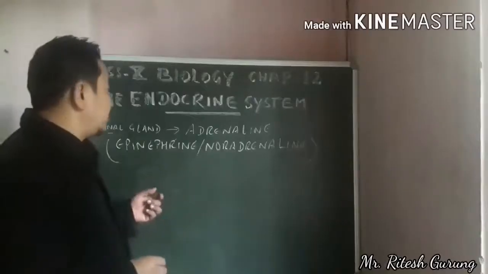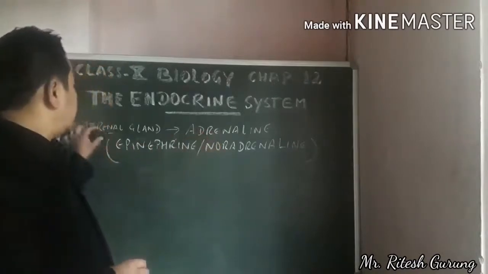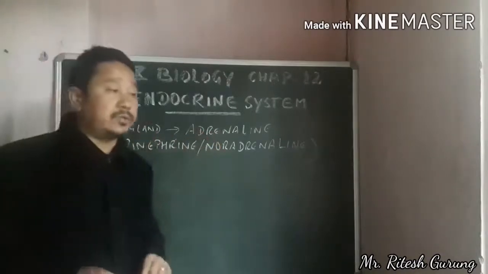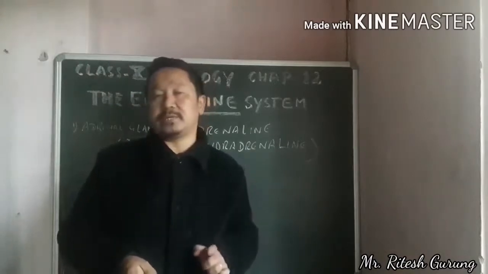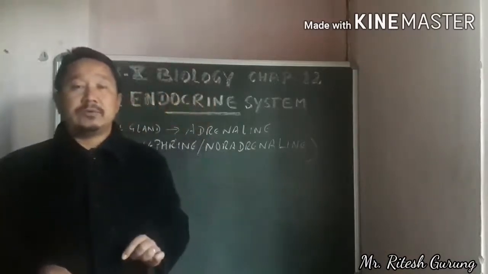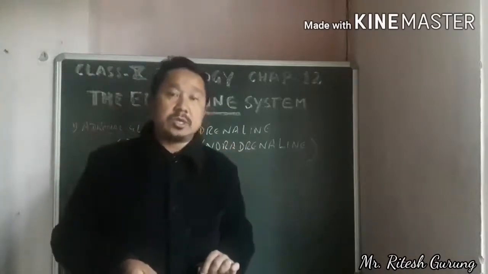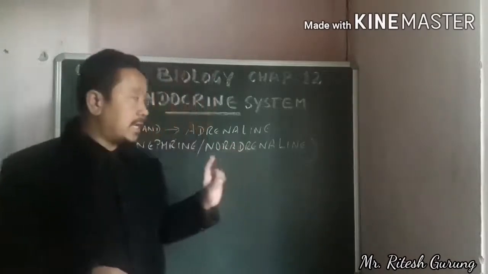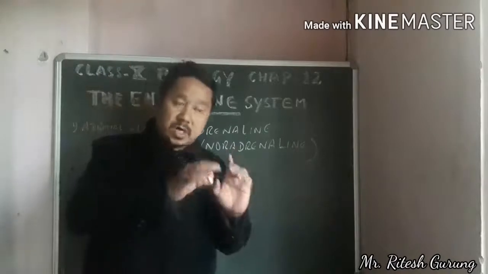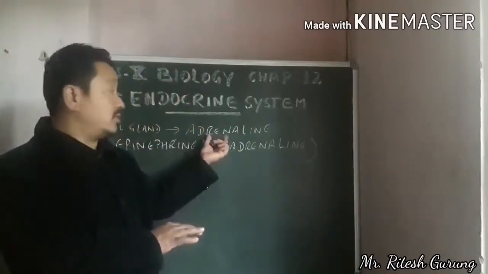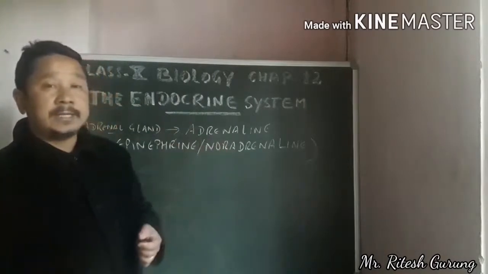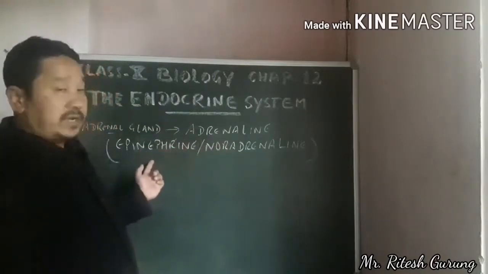Let's begin with the hormone produced by the adrenal gland. I've told you the adrenal gland is situated right on the top of each kidney. There is a cap-like structure on each kidney called the adrenal gland. So the hormone produced from there is adrenaline first, that we'll talk about. This adrenaline is also named epinephrine,